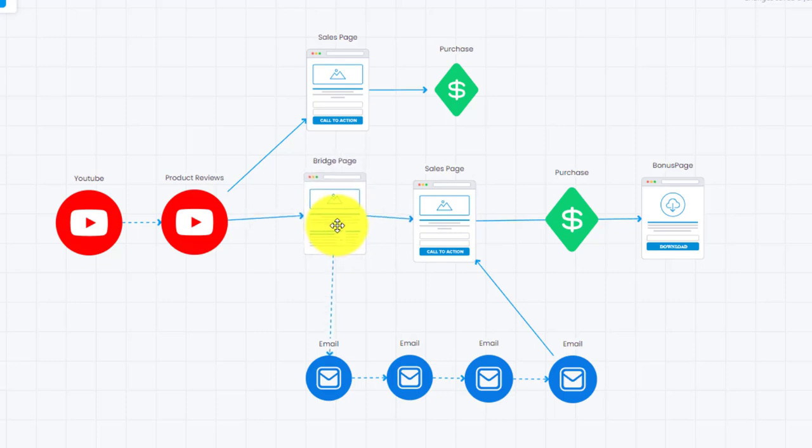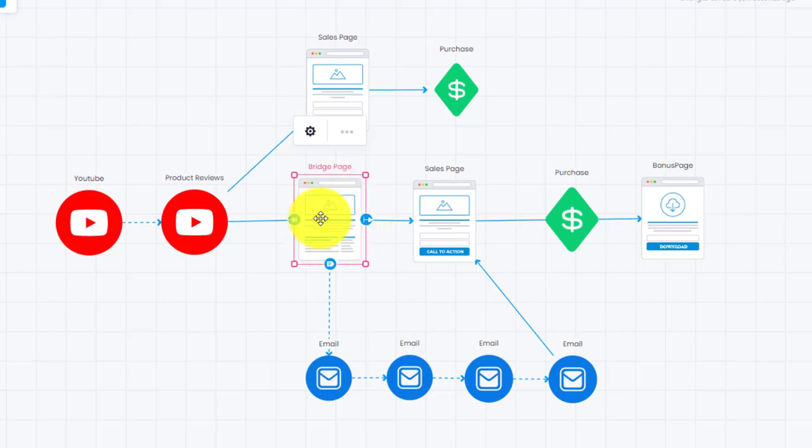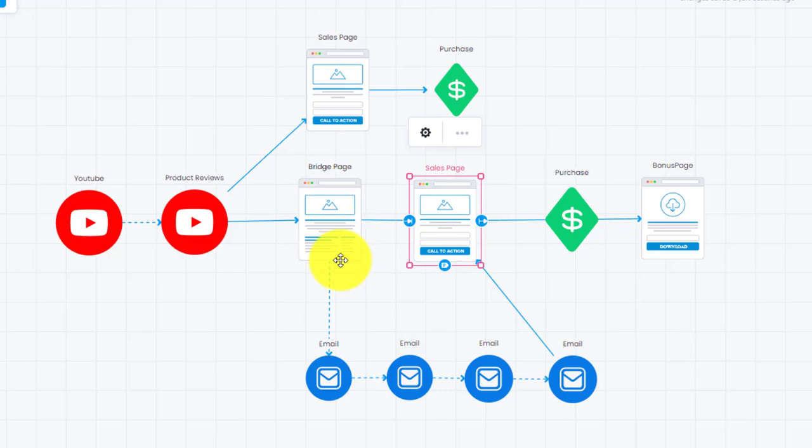So you have this bridge page here. It may offer some kind of bonuses. It may offer a free gift to actually get people to opt in to your particular email list before they're sent off to the sales page. And again, guys, I'll show you an example of this. Once they opt in, they'll be sent directly to the sales page, and in the meantime you will have their